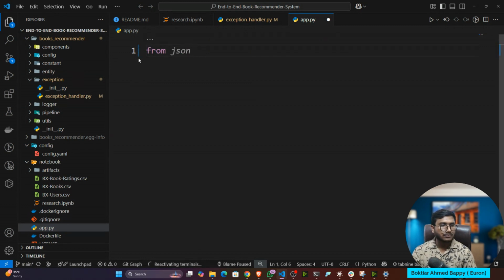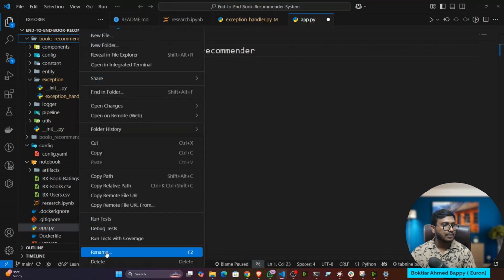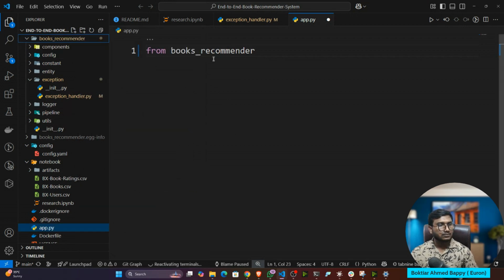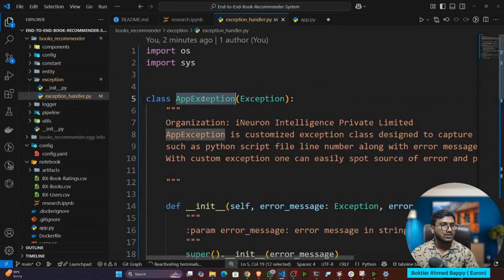So from book recommender dot exception, import app exception.